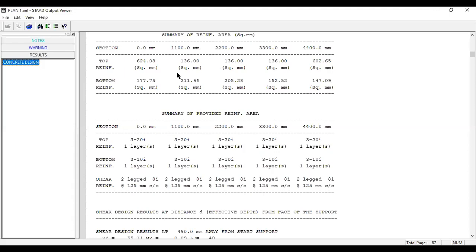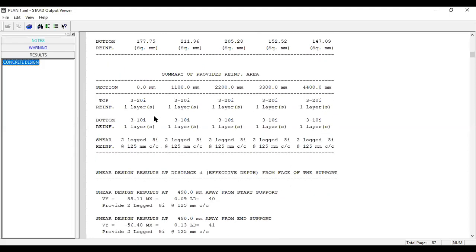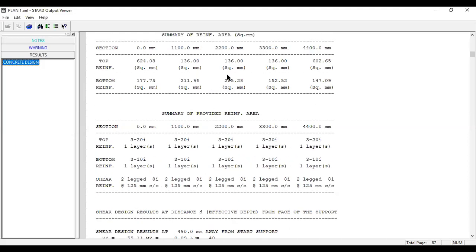The first is the required reinforcement in terms of area, and this one is the provided reinforcement in terms of area. At the top reinforcement, we need to provide 3 bars of 20 mm dia. 3 bars of 20, at each location. So it is providing 3 bars of 20 mm dia. You can convert it also. If we need 623 square mm of reinforcement at this end, you can convert it to 12 mm bar dia in that particular ratio.